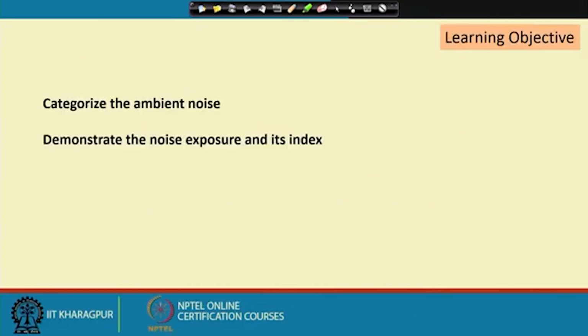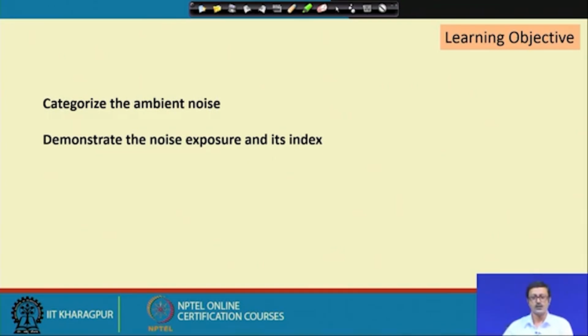If you remember, in the previous lecture we figured out and outlined the acoustical phenomena, or the sources, which impart noise and noise pollution in the environment. So, in this lecture also we will go into a bit of detail, and we will try to develop some indexes for noise exposure. That will be demonstrated in this lecture as the learning objective, and also we will